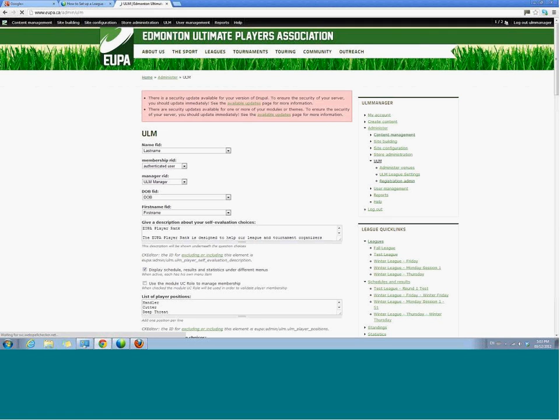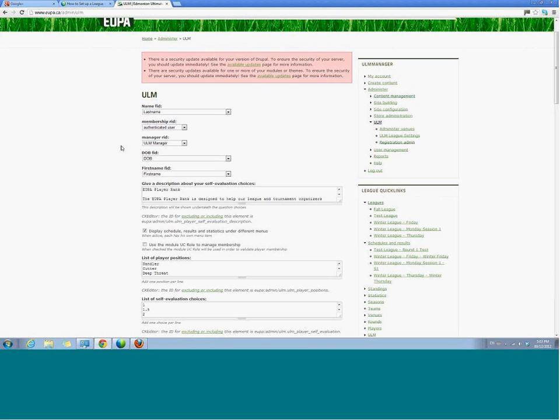Here we go. The page is going to come up. There are some security updates that need to be done, but that's done at the iScore end. So the first part is